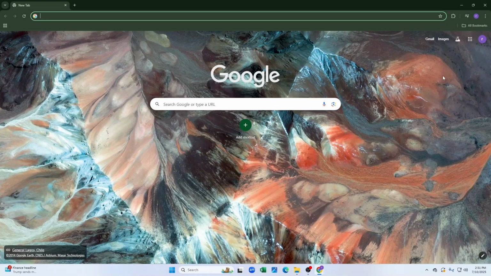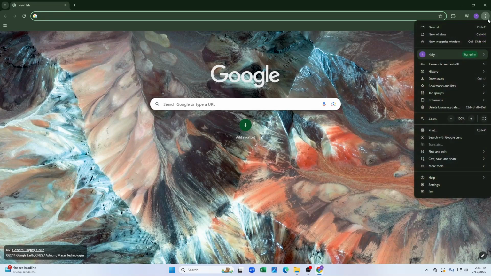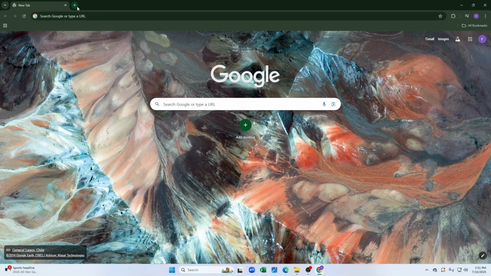So in this video I'm going to show you how you can remove Chrome managed by your organization. When you click on the three dots after opening your Chrome browser, you can see an option called managed by your organization here. If your Chrome browser is managed by your organization, and you see that notification, then